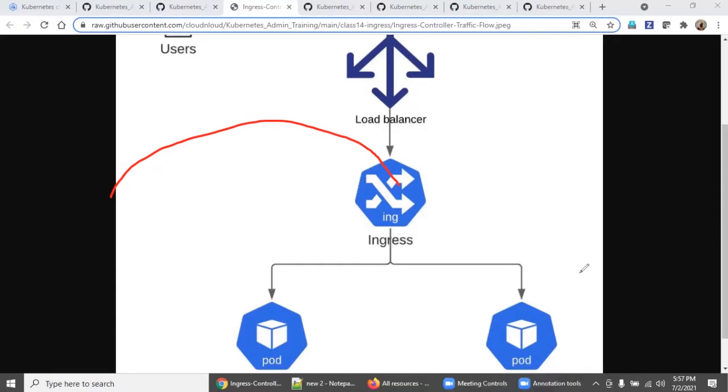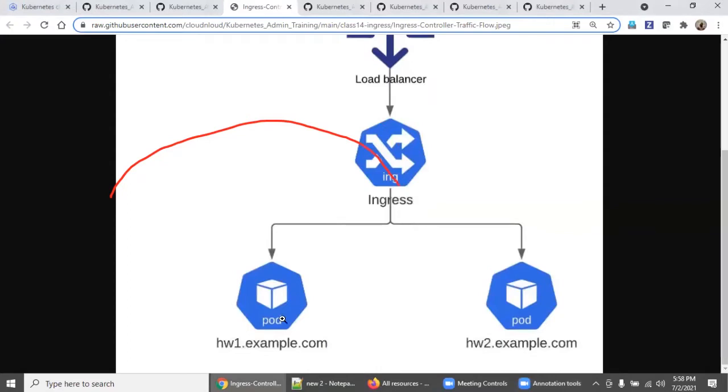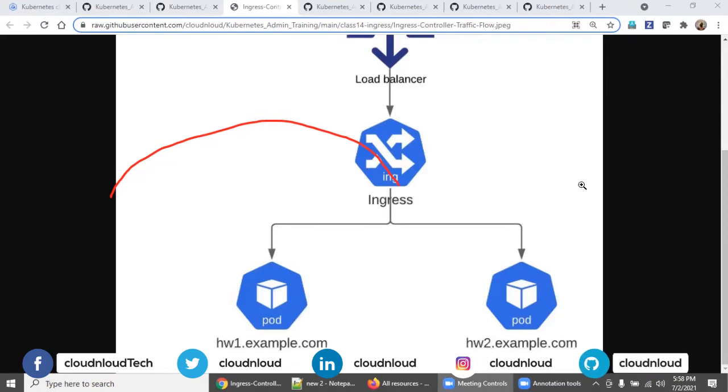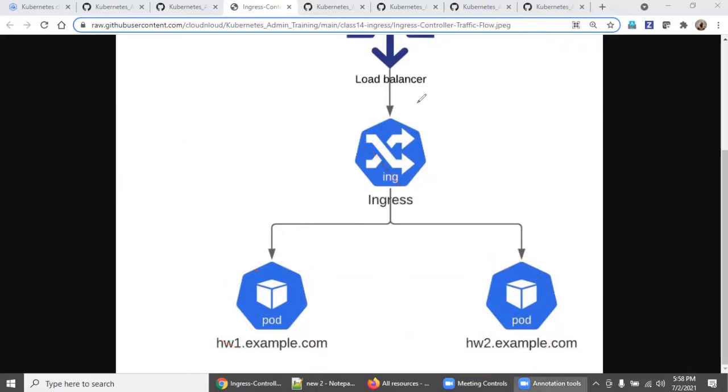But for each service, using Ingress, we are redirecting to pod 1, whereas hw1.example.com and hw2.example.com. Still, one single load balancer with the help of Ingress automatically understands the particular DNS and then redirects to each application service. This is what exactly we are going to do as part of this hands-on session, POC. Let's go inside.